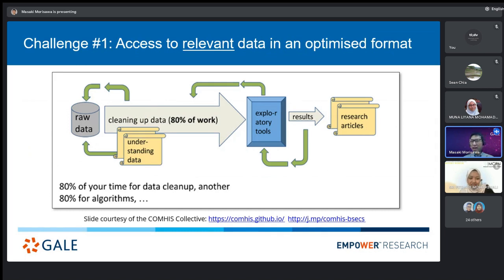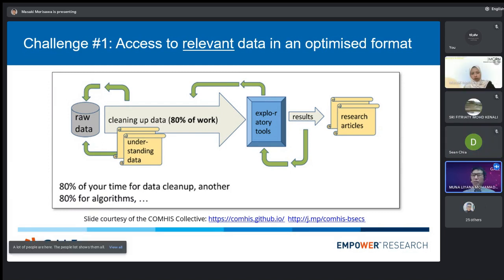Challenge number one was access to relevant data in an optimized format. So, getting access to this textual data for analysis itself was always a challenge. It's not like big corpuses of data are just lying around there ready to be opened. And even when they are available, there are complex issues of permissions, of copyright, and even after clearing all of those intellectual property obstacles,